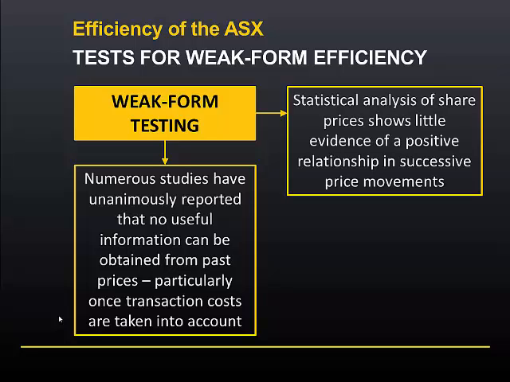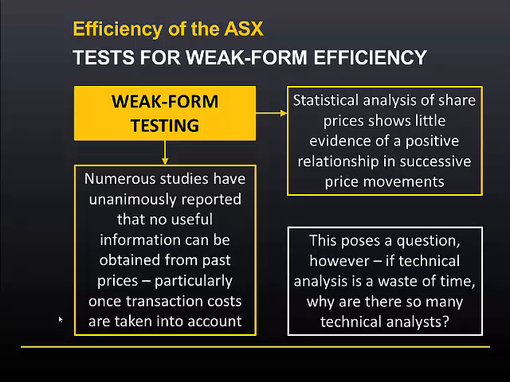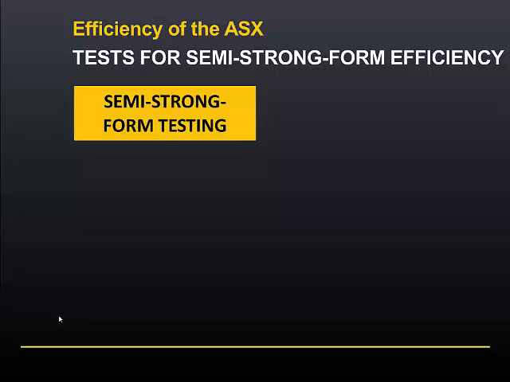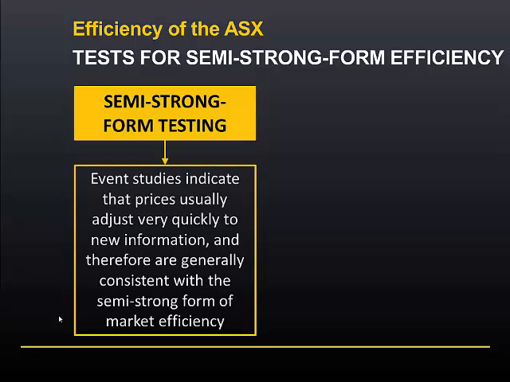It also has been found that there is little evidence of a positive relationship in successive price movements. This, however, does pose a paradox. If the market is weak form efficient and technical analysis is a waste of time, why are there so many technical analysts out there? Testing for semi-strong form efficiency, for example through event studies, indicates that prices adjust very quickly